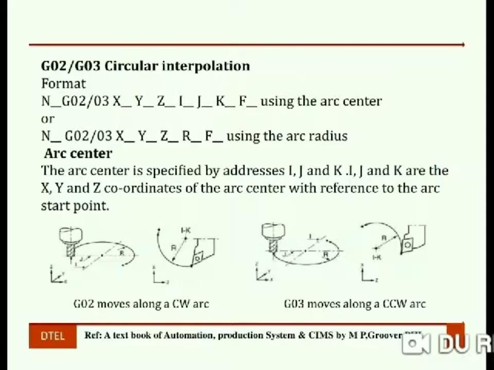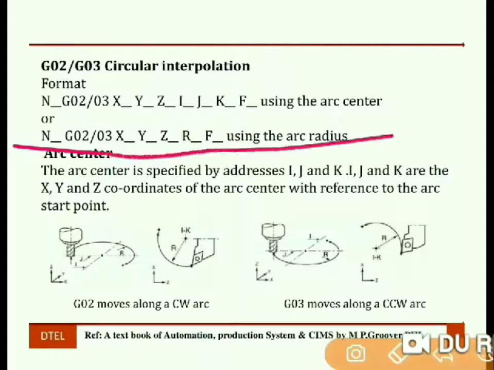Now, what is circular interpolation? In circular interpolation, we use arc center or arc radius. Arc radius we can show in this way: N02, G02, that is circular interpolation in clockwise direction, or G03 if it is anti-clockwise direction.